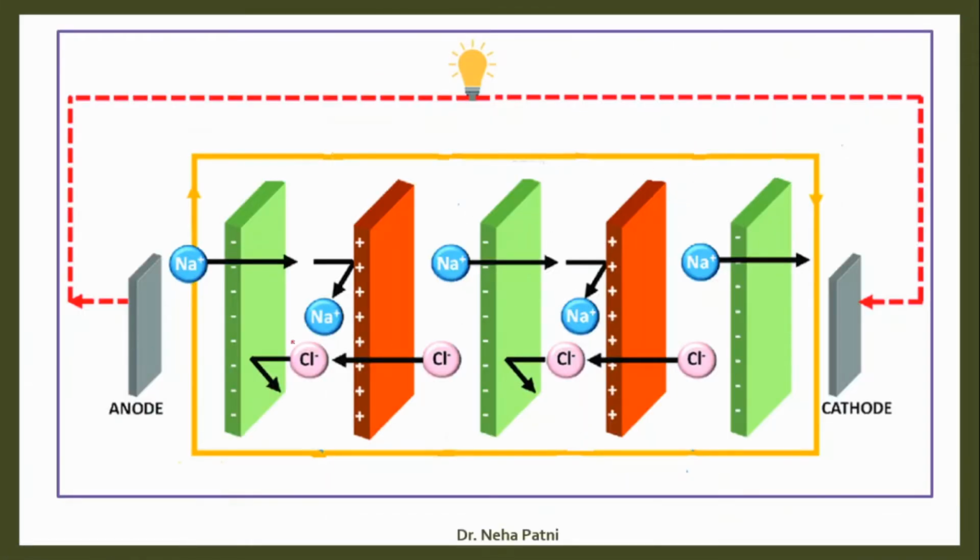I found this particular diagram on the net. So now if you place several membranes, you place a stack of membranes. First you put a cation selective membrane, then you put an anion selective membrane, then a cation selective membrane, followed by anion and cation. So the thing is, you need to put them in an alternating fashion, right? When you put them in an alternating fashion, what happens is, when you start the electricity, all the cations present in this compartment will start moving towards the cathode, and all the anions will move towards the anode.